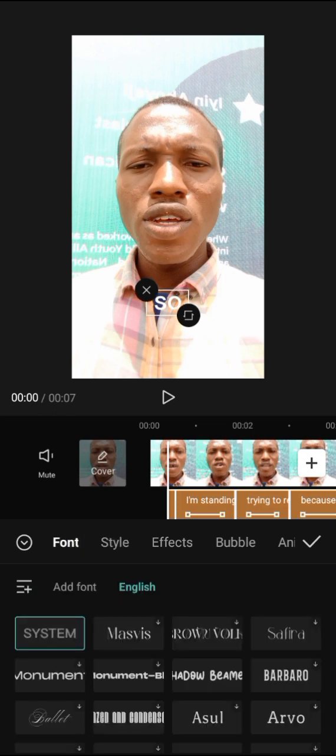Then go back to font. Now you can choose any font you want, but I'm going to choose this font. It's more stylish for me and it's easier. I don't really have any preference, it's just stylish for me. So once you choose the style of the text or the font you want, the next thing is you go